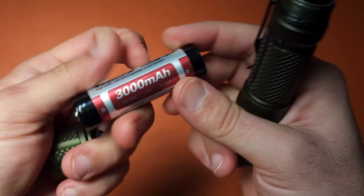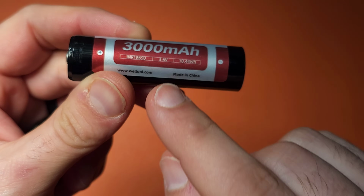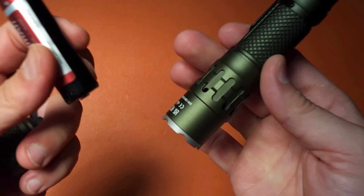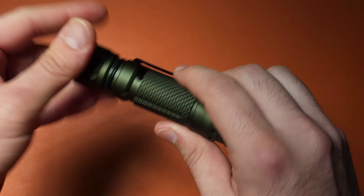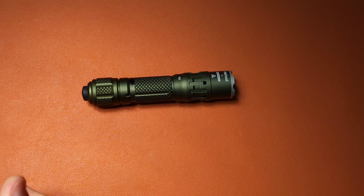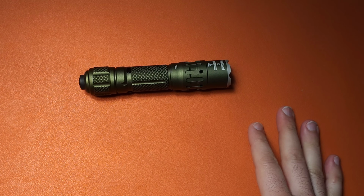It's also a little bit lower on the amount of storage it has. But the reason I think has to do with the amps on this. This is a 15 amp battery, so it's going to give it an incredible amount of output and works very well. And speaking of output, this flashlight works very similarly in user interface to the last one we talked about, except this high mode is 1900 lumens with, check this out,